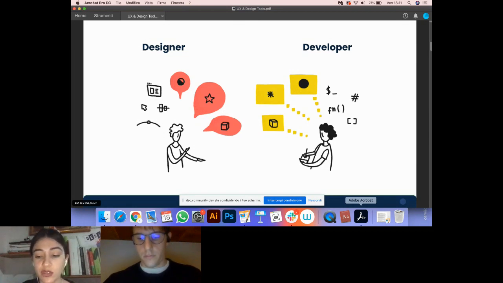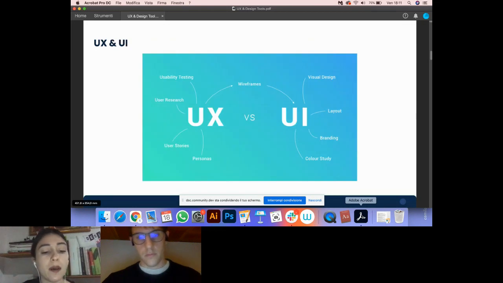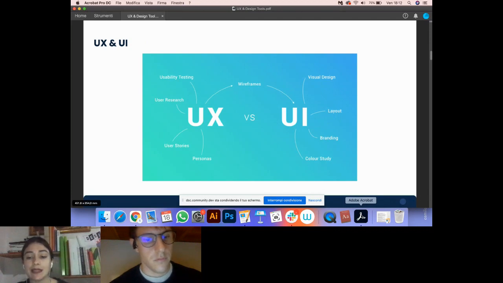First of all, we have to figure out what UX and UI design mean. UX stands for user experience. It means the experience lived by a person, the user, when he relates and interacts with one or more products or services, digital products and digital services.